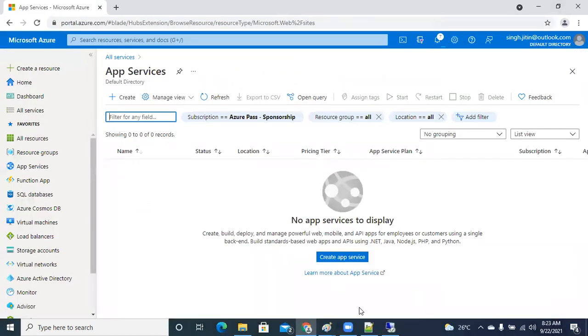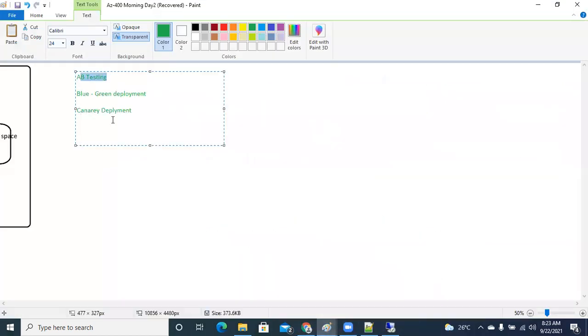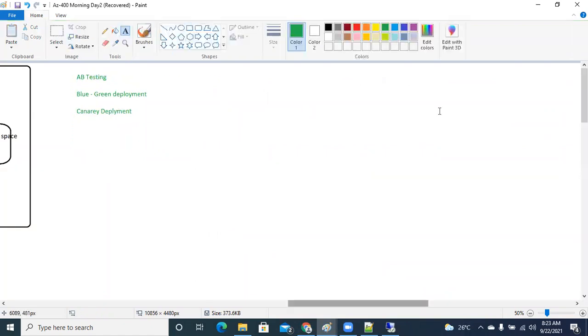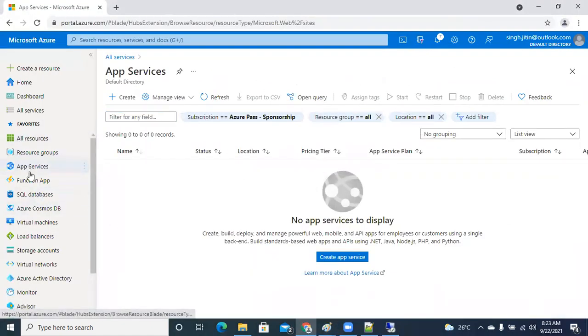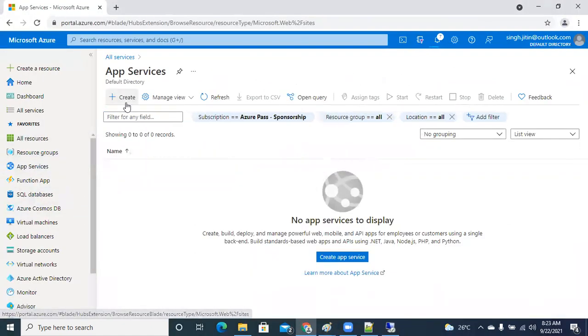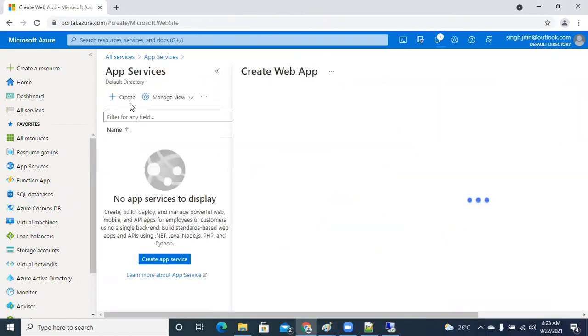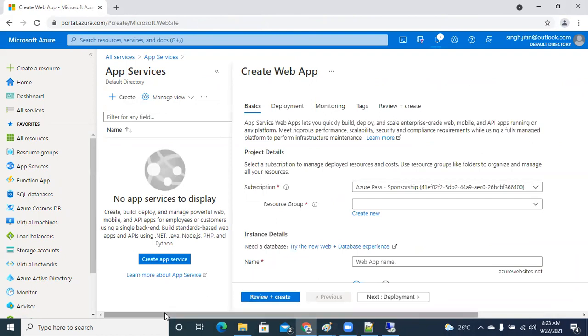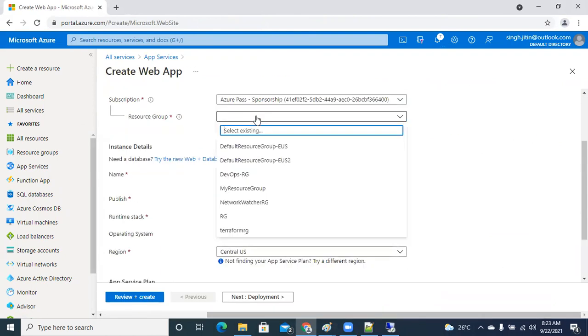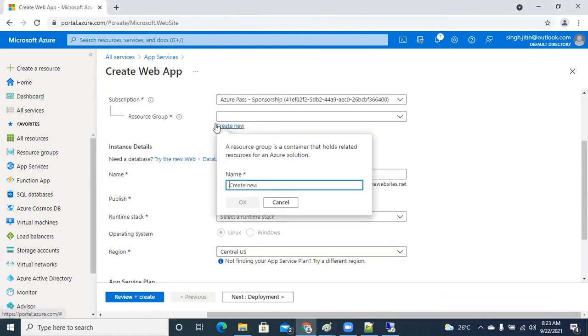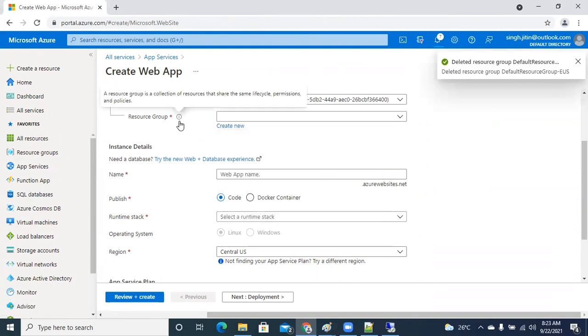Now, guys, what happens when you follow this A/B testing mechanism? Now, what do you mean by A/B testing? Now, guys, on the platform as a service model, we know that we have the app service plan that we can use in order to host our web application. But we do have the swapping slots available, because, guys, the goof ups can happen not only during the production or any particular DevOps environment. It can happen after the creation of the resource as well.